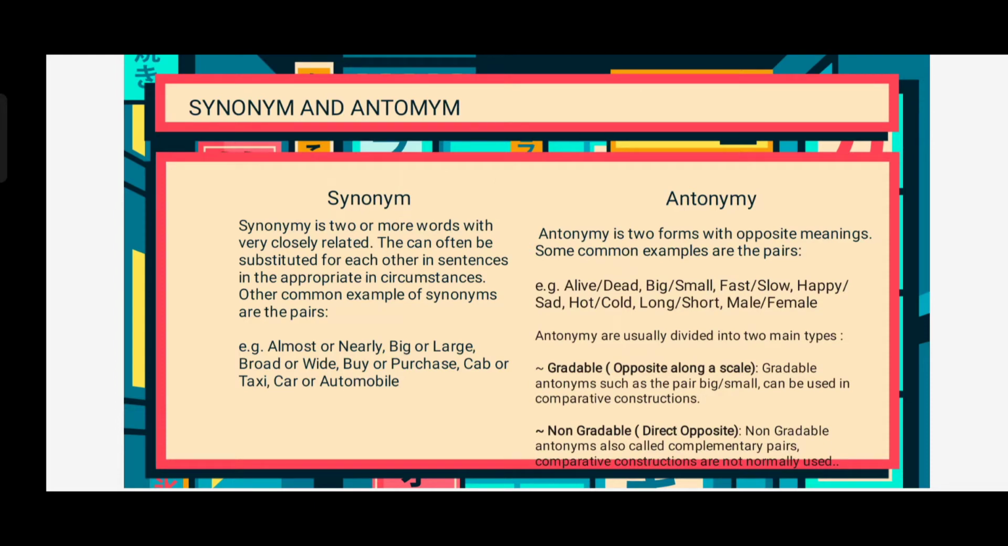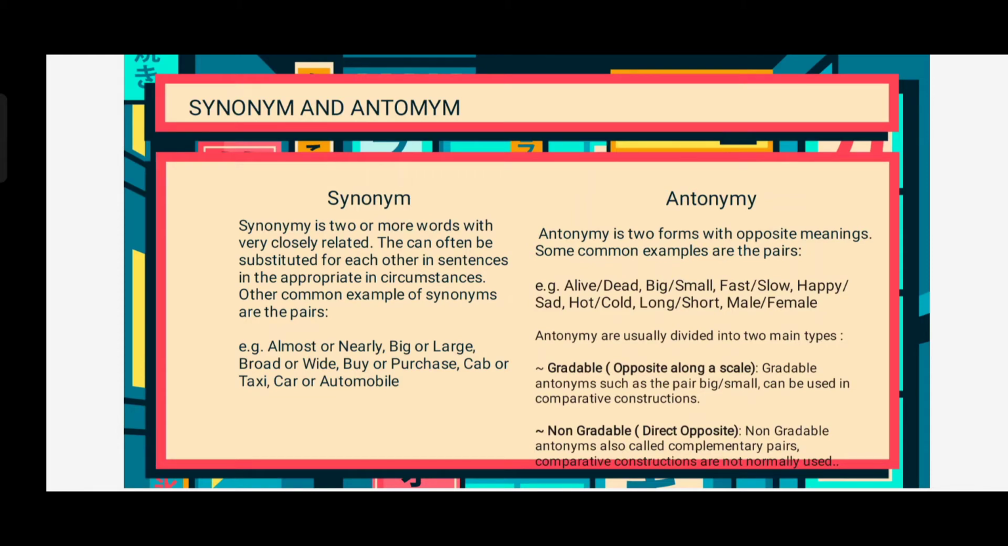Antonyms are two forms with opposite meanings. Some common examples are the pairs: alive or dead, big or small, fast or slow, happy or sad, hot or cold, long or short, male or female. Antonyms are usually divided into two main types: